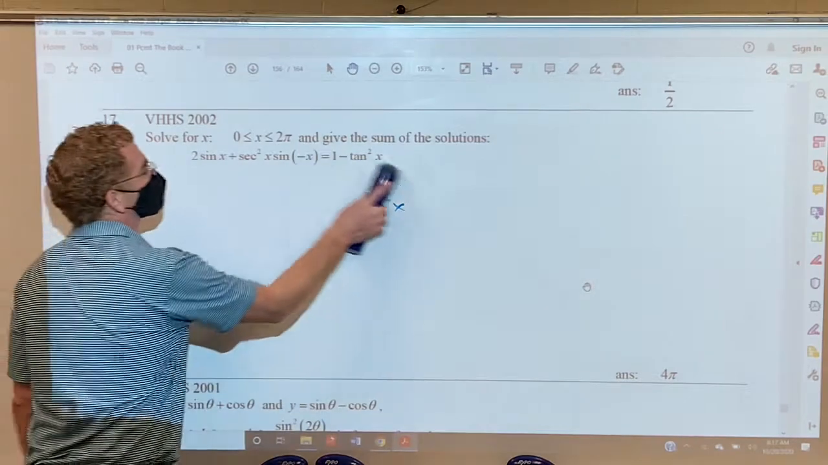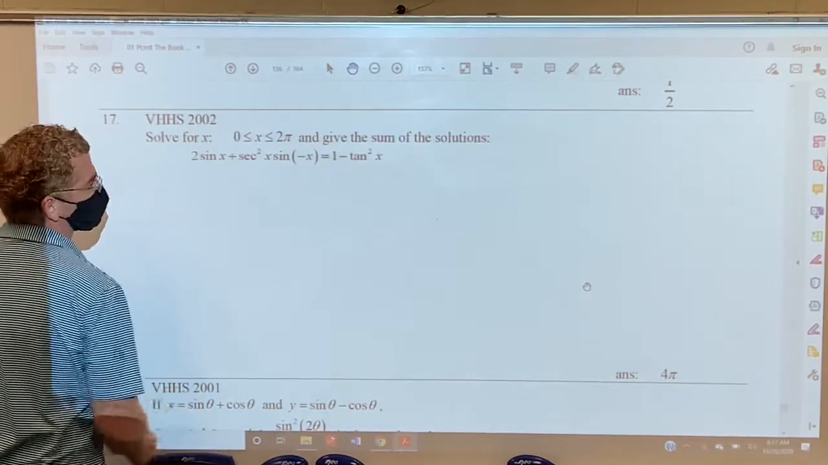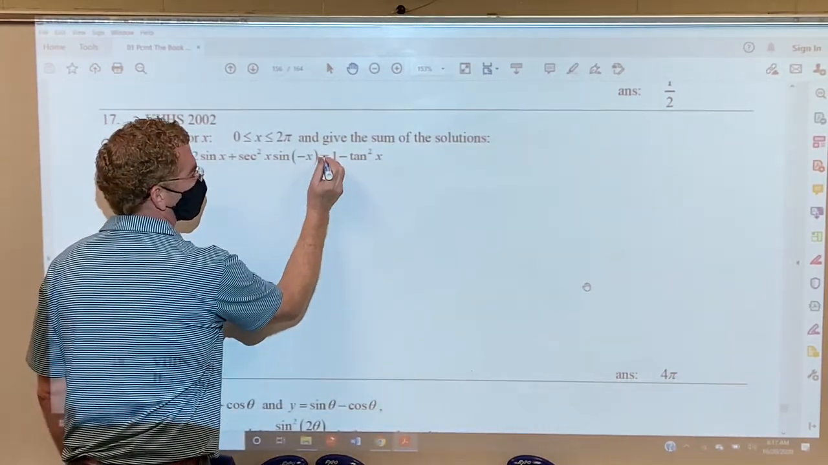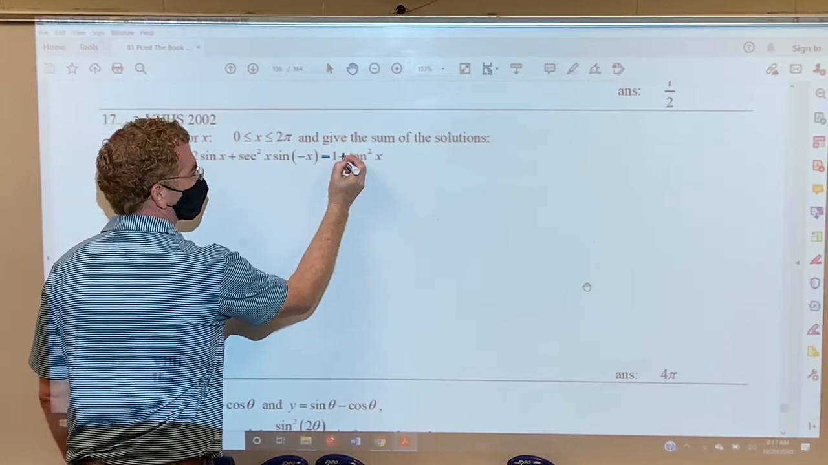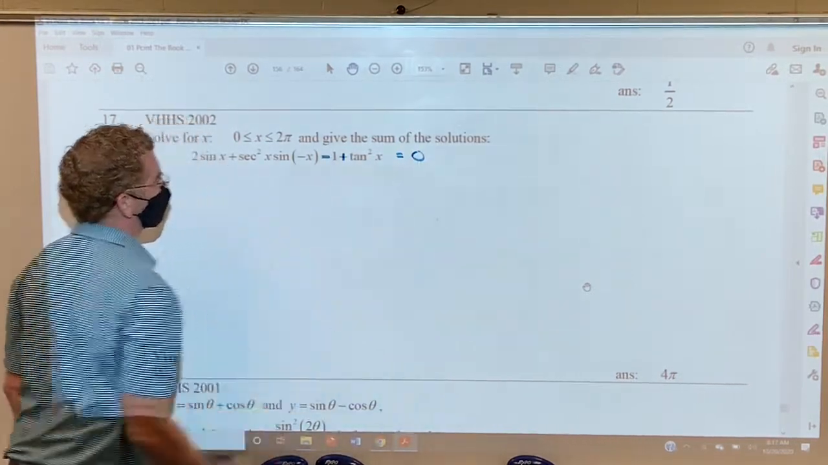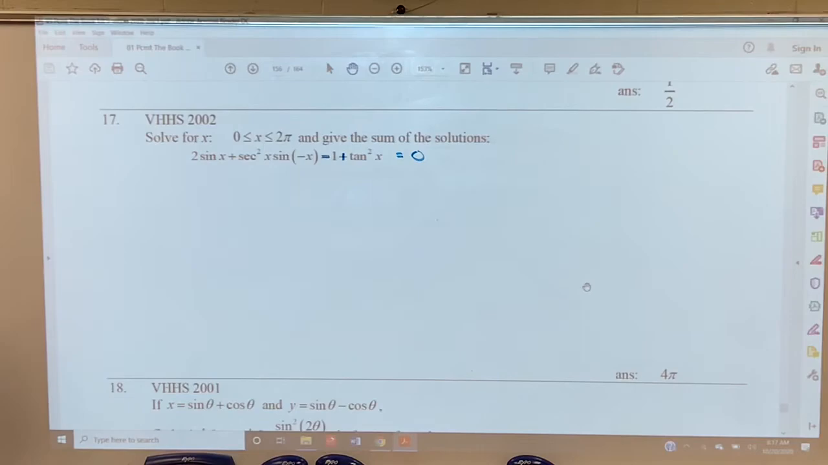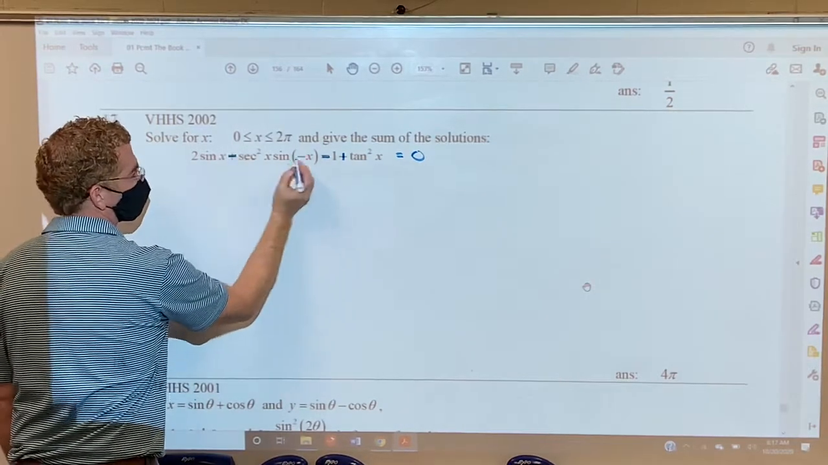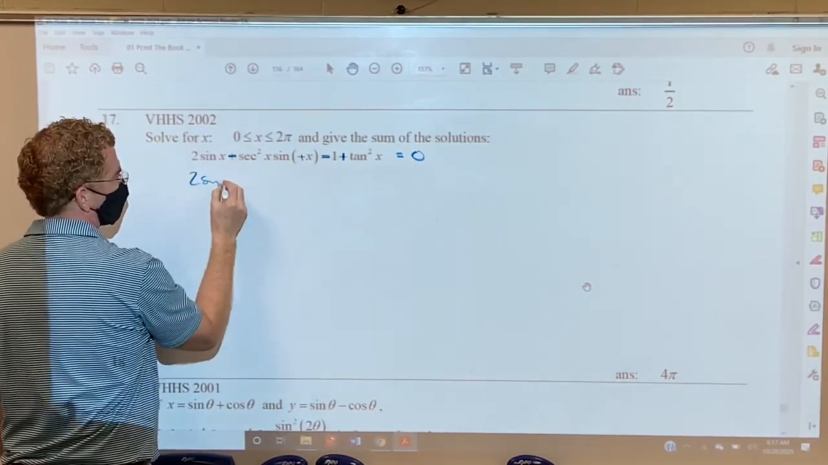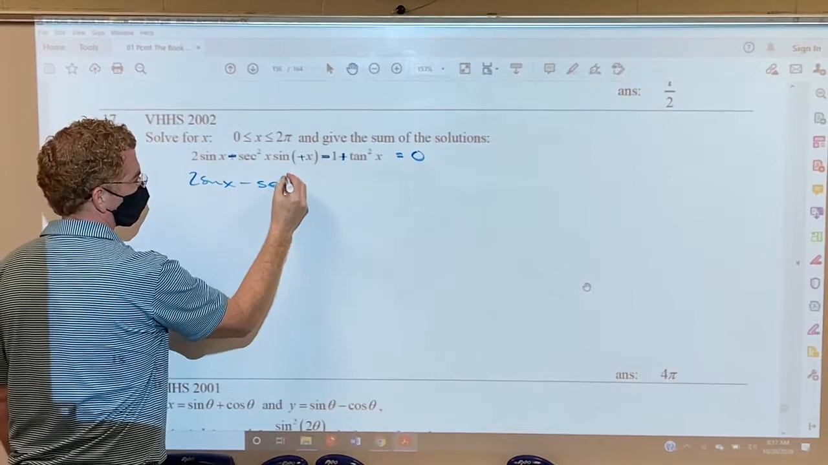So a lot of times I'll think, maybe if I just set this equal to 0, subtract that 1, add that tangent, that might be a start. And we've already taken this negative out. Now if I had this,